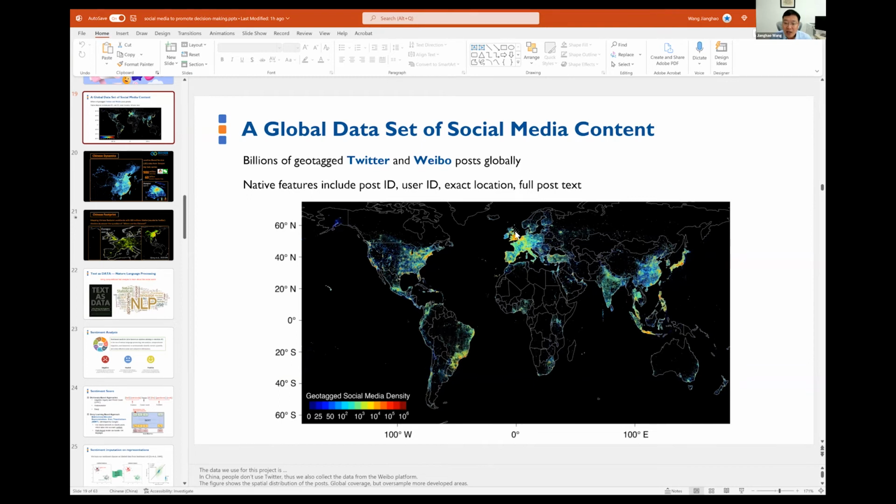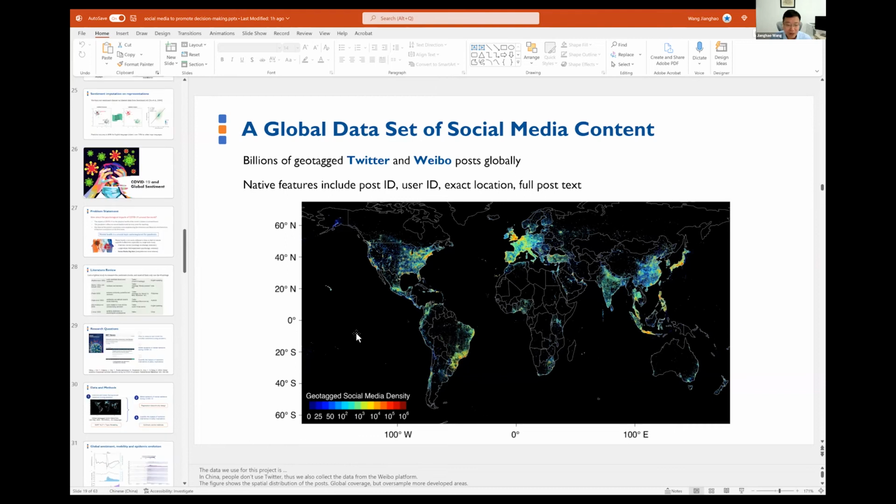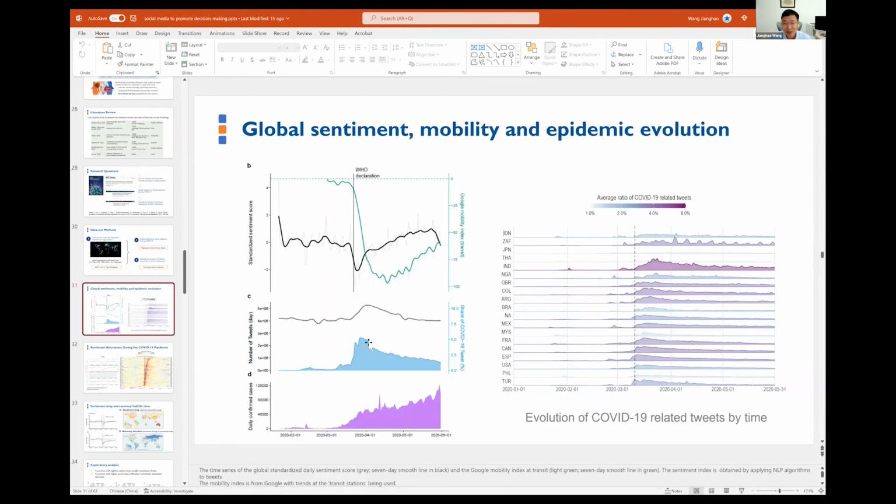Because actually, when people talk about climate change or air pollution, it only takes a very limited percentage on social media, like air pollution only 0.4%, and climate related less than 1%. But COVID, like I present here, is over 5% at the most. But India maybe over 10% during the pandemic. So in most of our studies, we just drop the topic related